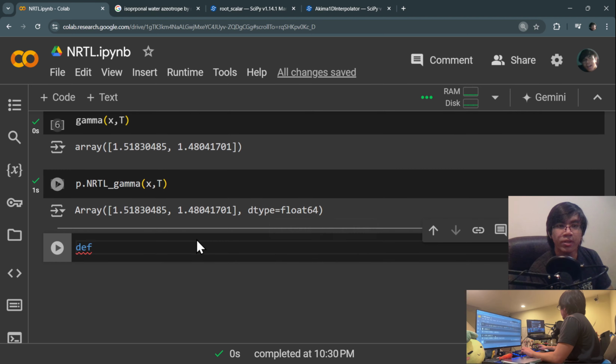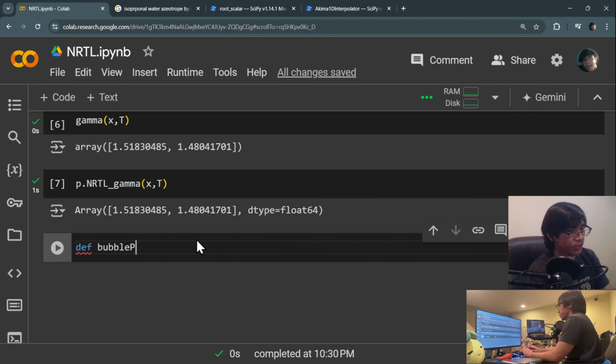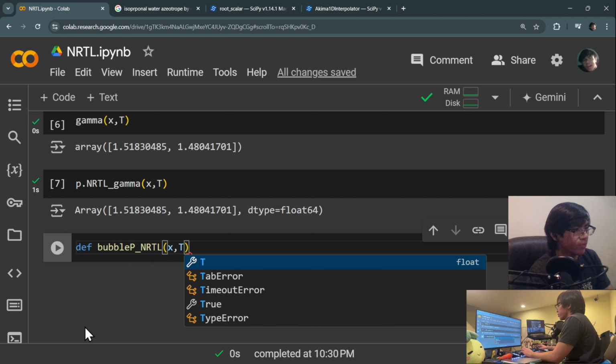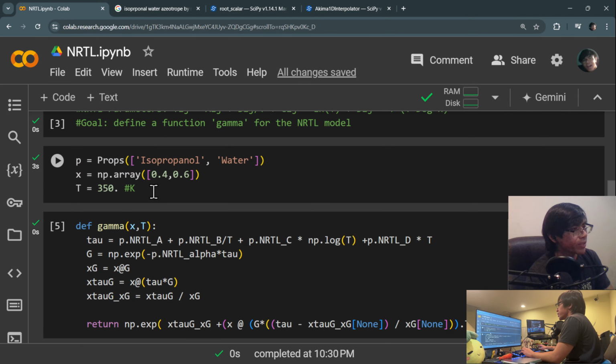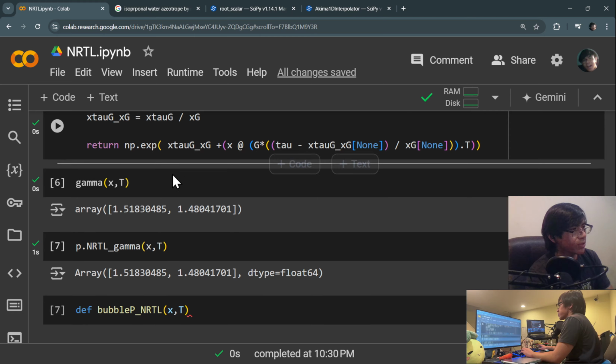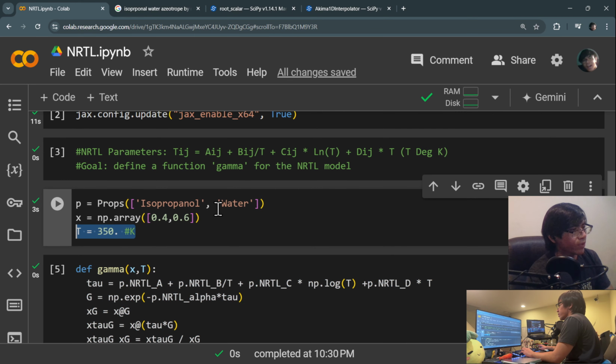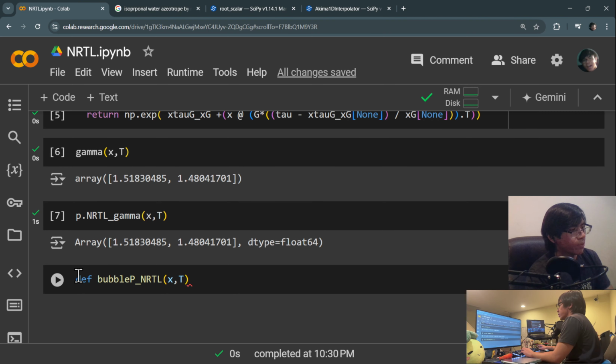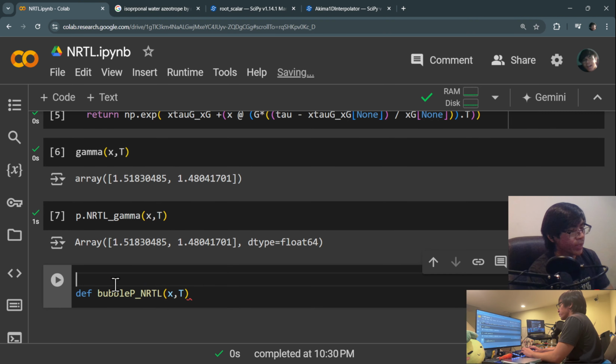So go ahead and define that. Define our bubble pressure NRTL. Again, specifying, since we did ideal in the previous scenario. So bubble pressure, again, we take a liquid mole fraction and we take a known temperature. So I hope I have those defined already up here. So we have a temperature. I don't think we have a pressure. So go ahead and do that. I think we already have a, yeah, so we have an array for our mole fractions of isopropanol-water. Yeah, let's define our temperature. I don't know, something like